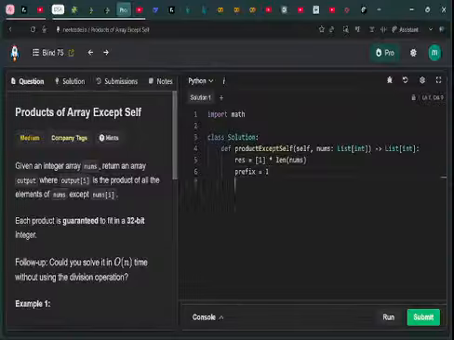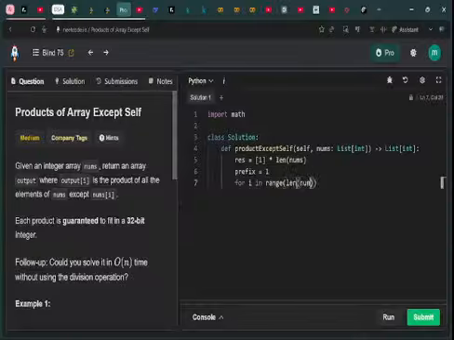It's going to be 1. For i in range of length of nums, I'm gonna go back and we just need to modify